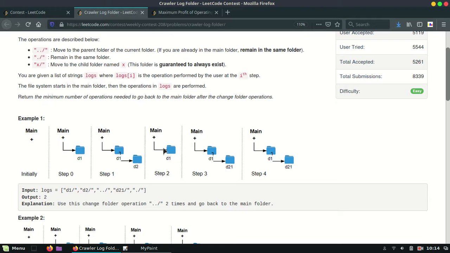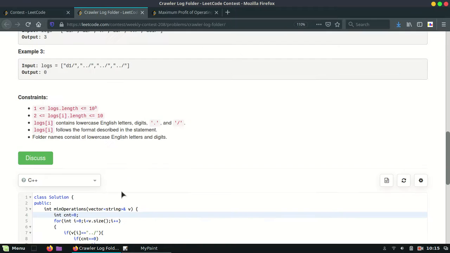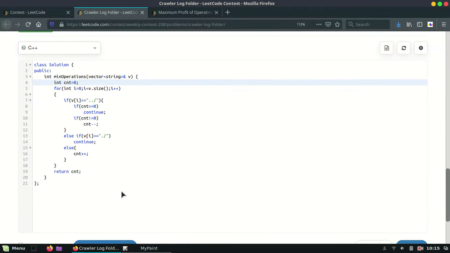So we need as many steps as we have taken to go to the folder we are in, and then we will get to the main folder. We are incrementing those steps here.